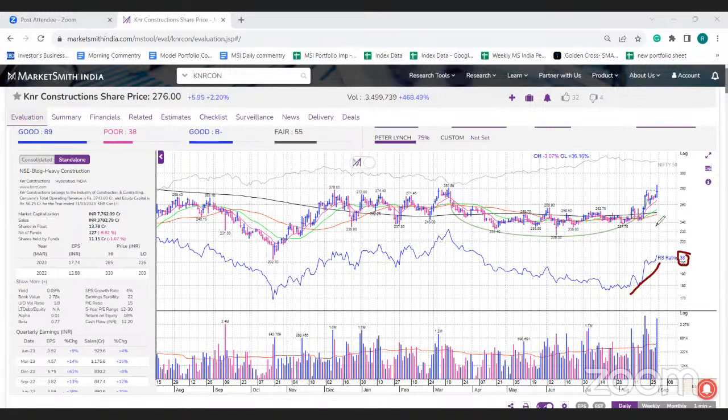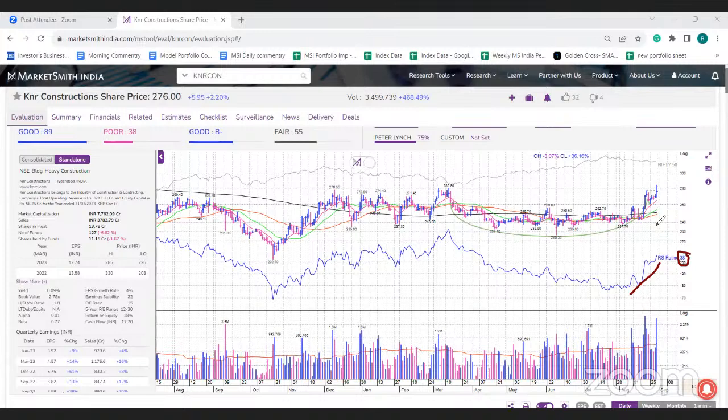The fundamentals are strong for the construction company if you compare. Even the last quarter result was good. The management is very positive on the order book. Okay, and the guidance this time for the current year is revenue of around 4,000 crore, and order inflow of 4 to 5,000 crore. So the fundamental part is not a problem. Basically, they are able to sustain margins.